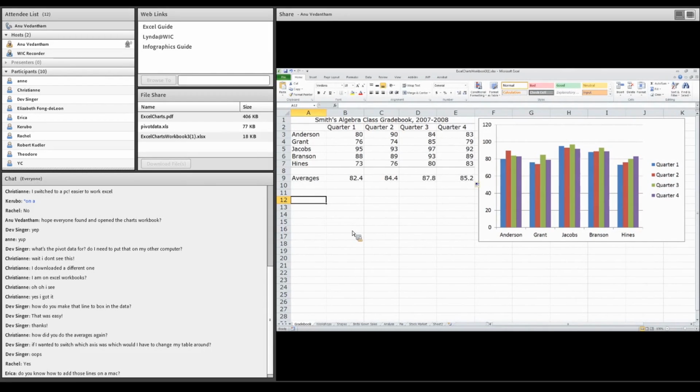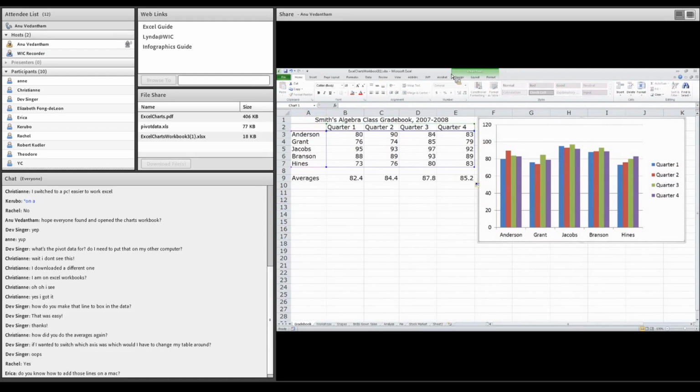Great. So here is my graph, and the first thing that's wrong with it is that there's no title on it. The second thing that I don't like about it is that it shows me how my 5 students did, but it doesn't actually show me if my grading has been consistent, which is the question I had when I decided to make this graph. So the first thing I'm going to do is click in the graph,